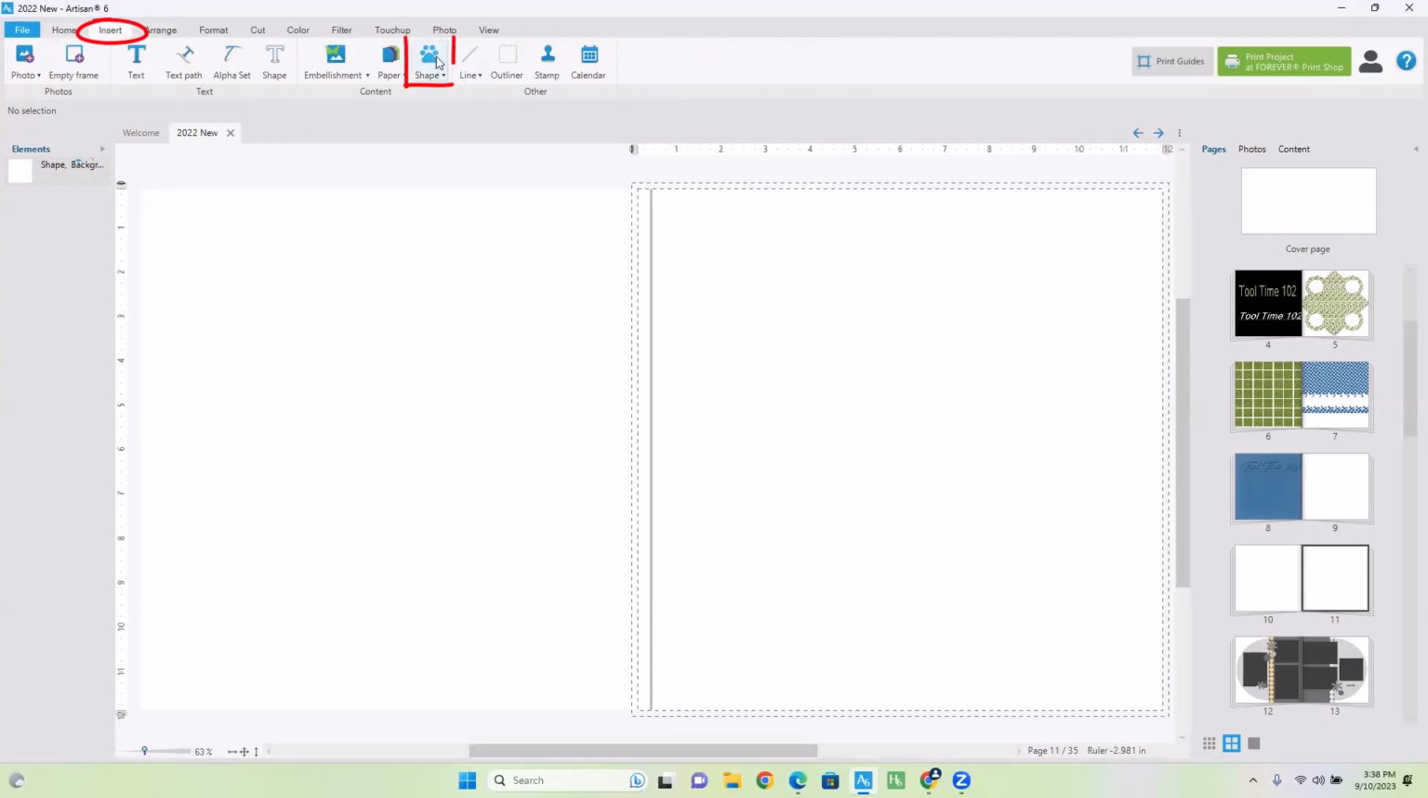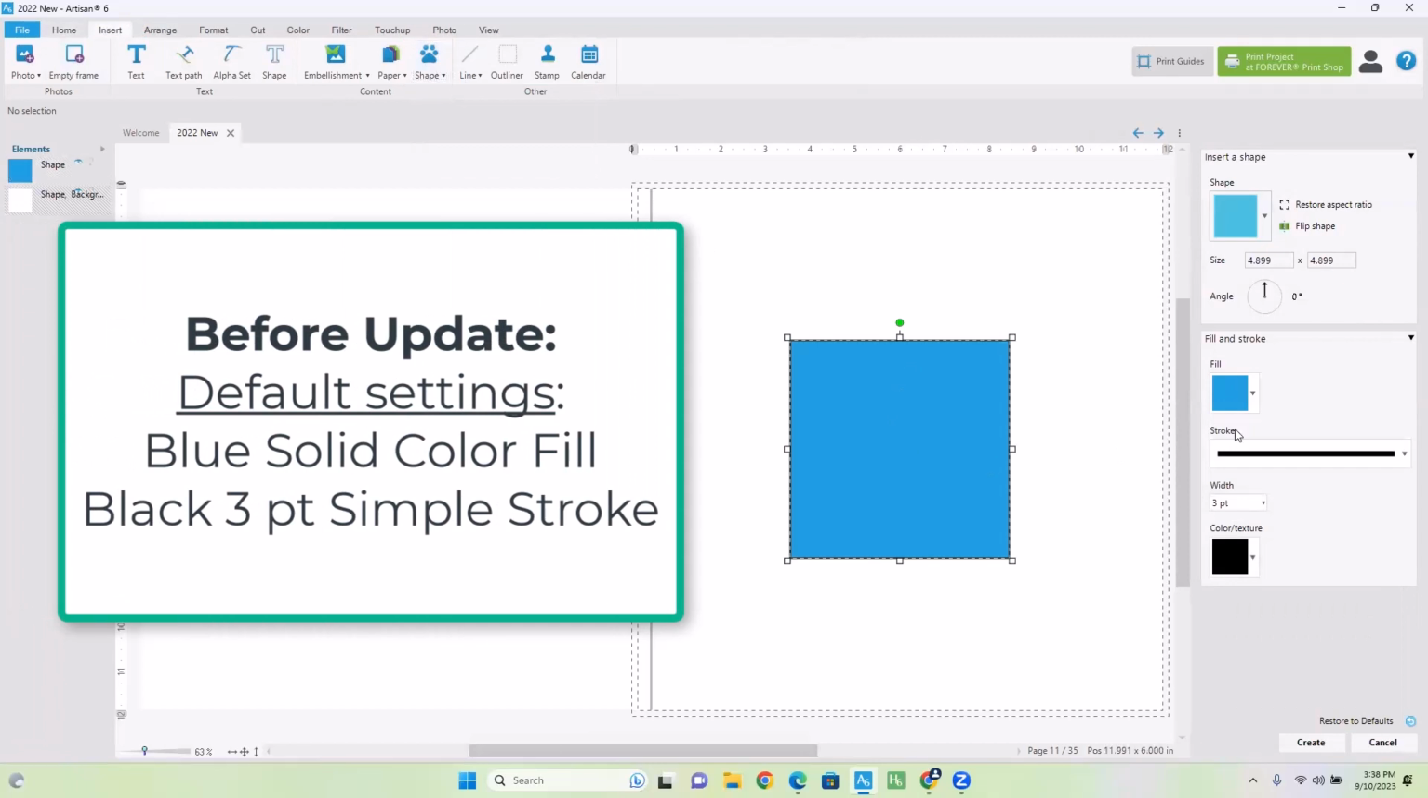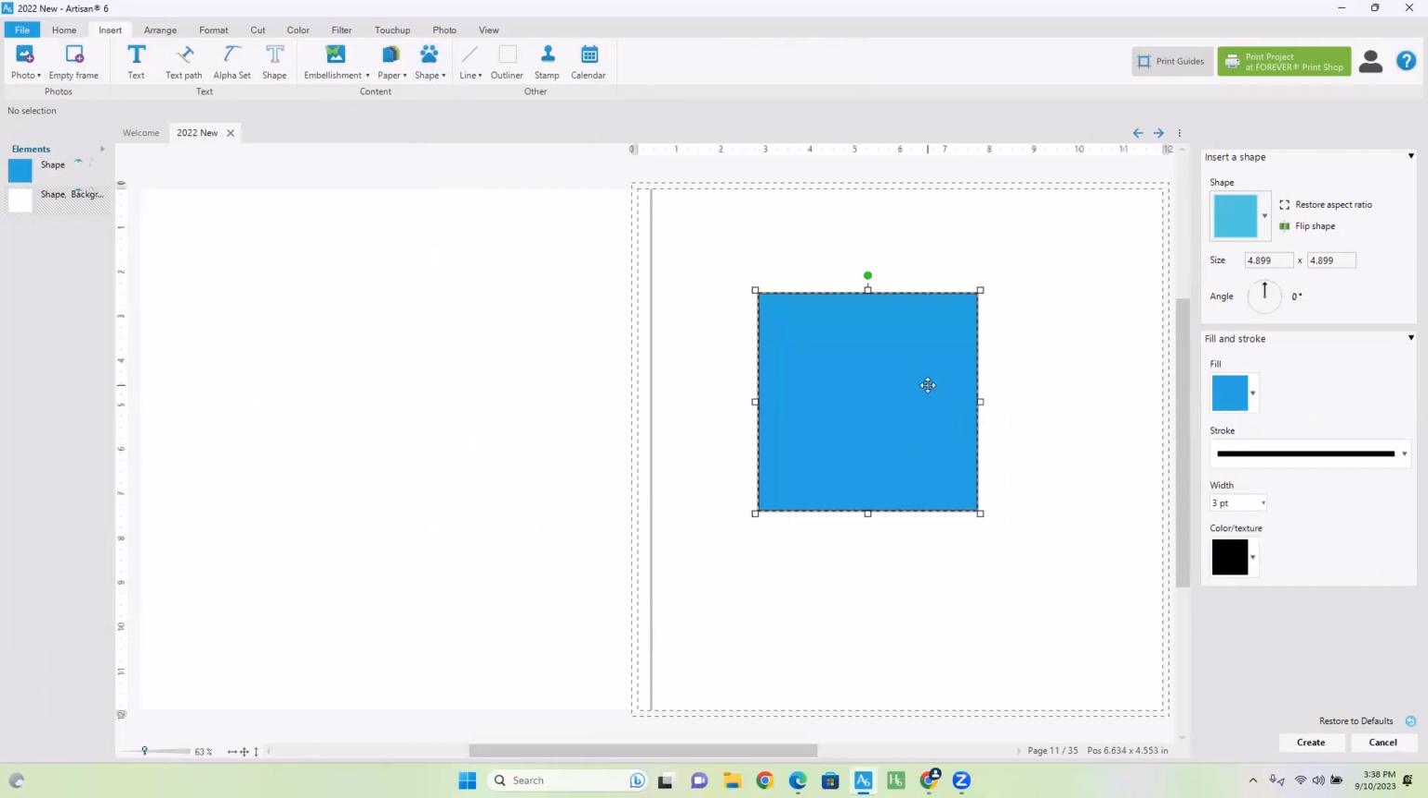Okay. So now that I've turned that on, how that's going to work is now when we insert a shape, rectangle, it defaults to this blue fill, a 3-point black stroke, and it just remembers everything that you have setting wise here. So let's go ahead and let's change it to,